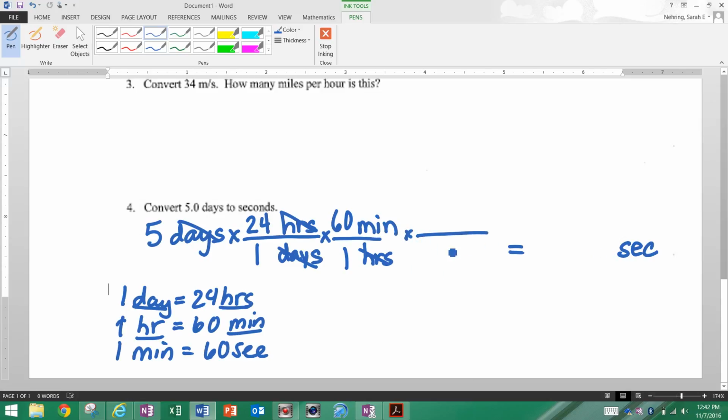So units that I have are minutes. They're going to go on the bottom. Units that I want, seconds, go on the top. I know that 1 minute contains 60 seconds. So notice again that my minutes cancel out. The only unit that doesn't cancel out is seconds, and that's what I want my answer to be in. So that's good. So if I go through, I multiply 5 times 24 times 60 times 60 divided by 1, I get the answer, which is